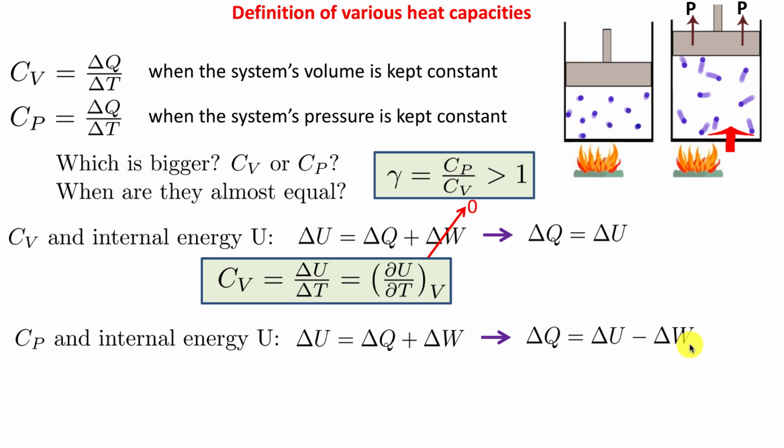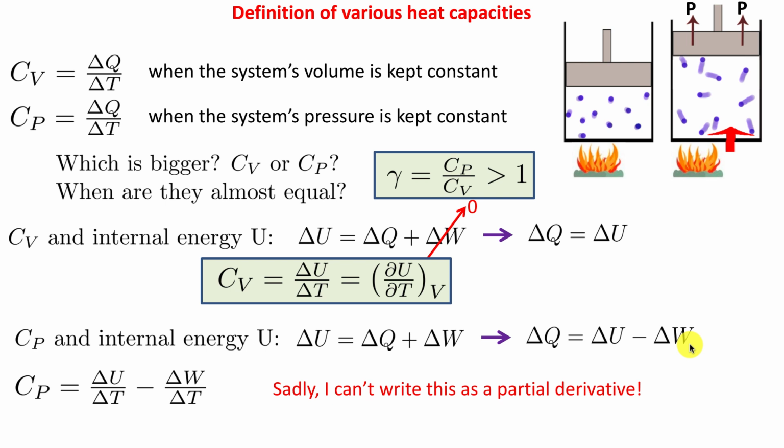That makes a difference in sign. So, of course, then Cp just becomes, when you divide by delta T, so look over here, delta Q over delta T, and delta Q is just this, so you divide this by delta T, and delta U by delta T minus delta W by delta T